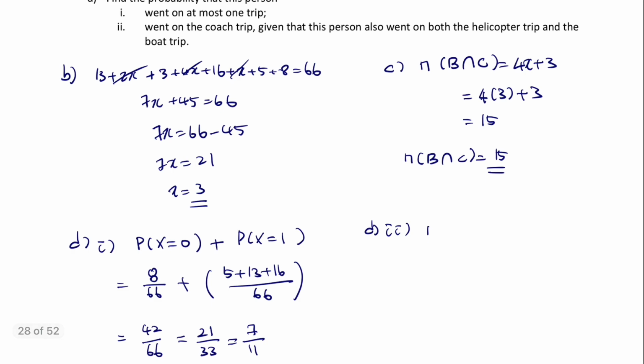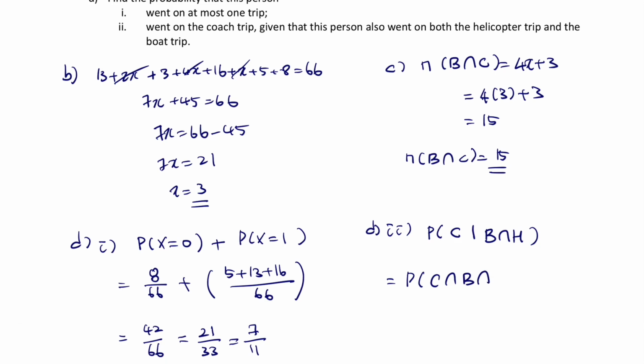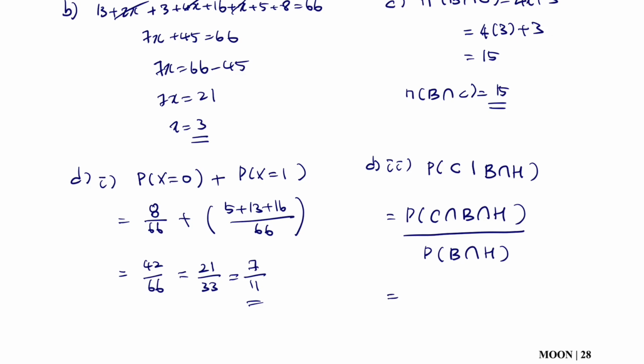So we need to find the probability of C given B intersect H. Then this can be rewritten as P of C intersecting B intersecting H over the probability of B intersecting H. Okay, so this is the same as 3 over